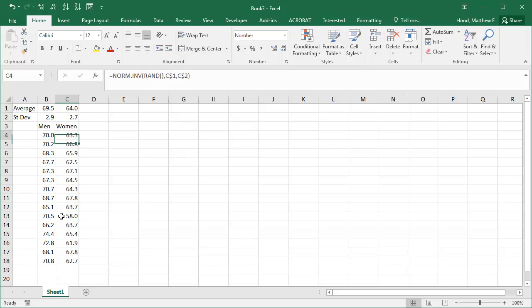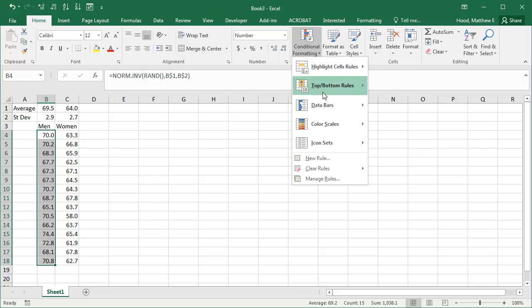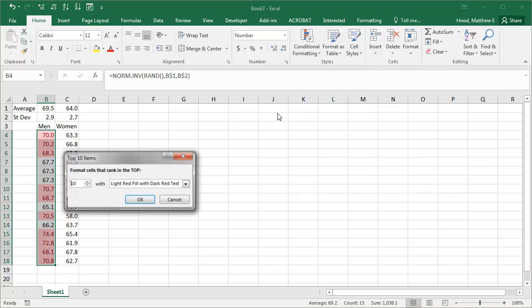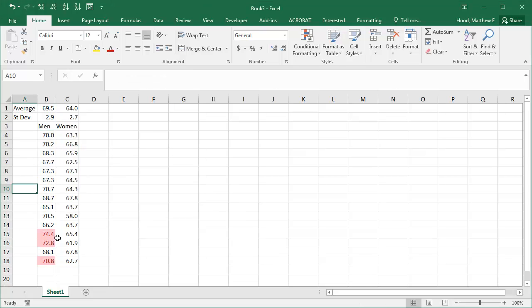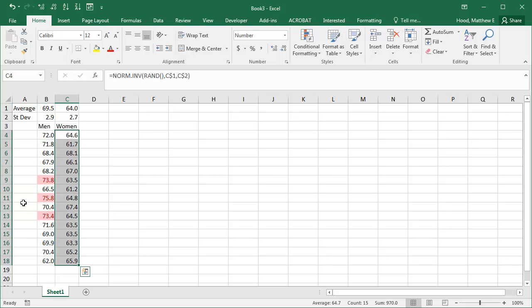So I've got these, and many people would say conditional heights. Let's just take these. I'm going to look at, say, who are the tallest 3 men, and I want to be able to see who they are. And so I do that, and then I can scroll through and see some as it changes. It's going to be a different observation in there and different heights every single time, but you can see about what it's going to take in order to be in that group. I could do this for the women,